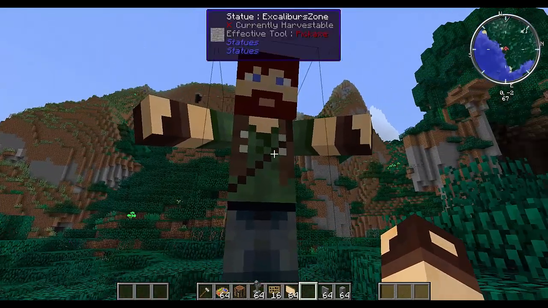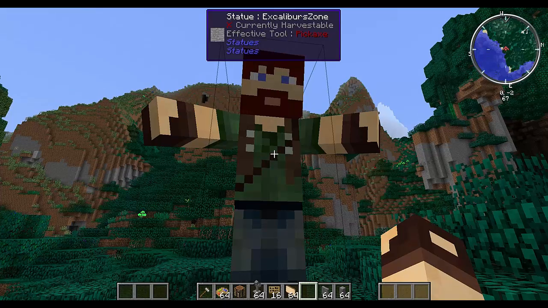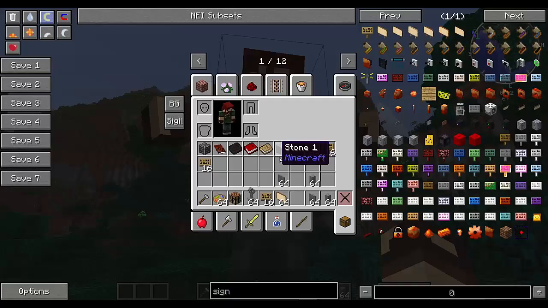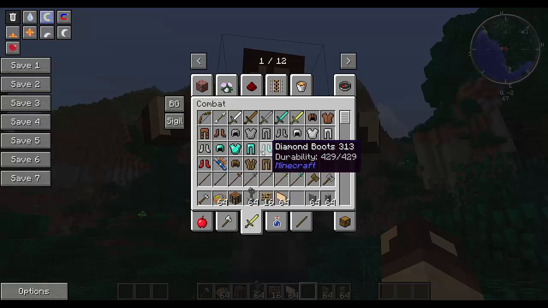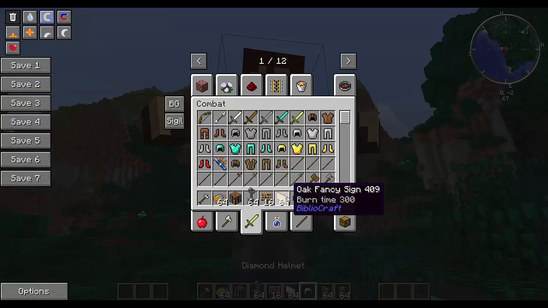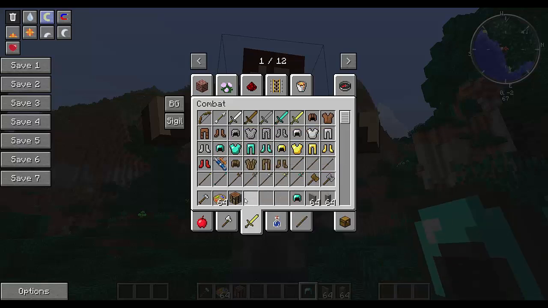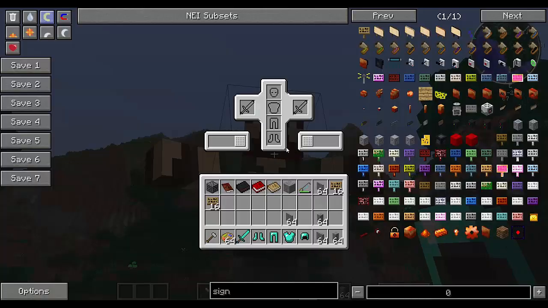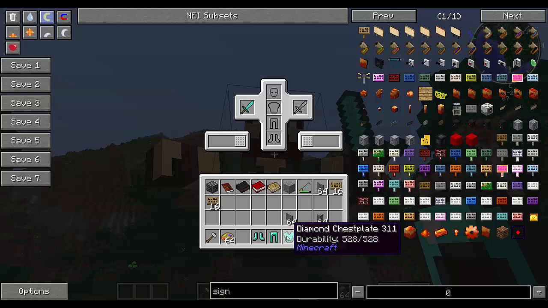And it'll probably be a similar pose to this, maybe something different, because what I can do is actually grab armor like this, and we'll grab a weapon. Then we can right click and put the weapon in hand and the armor on.